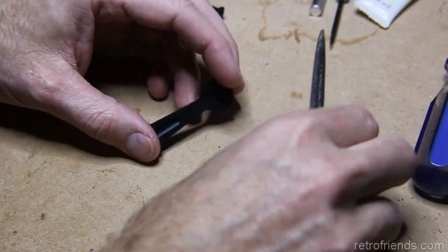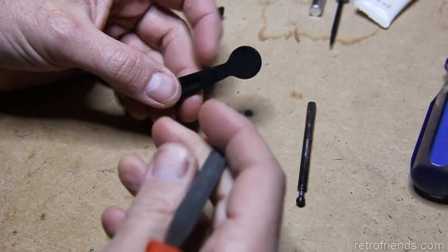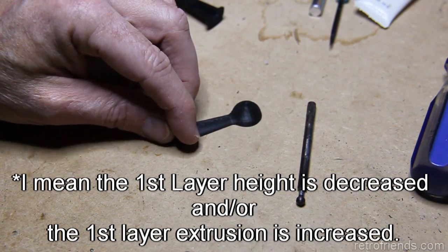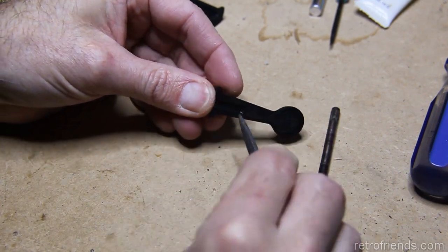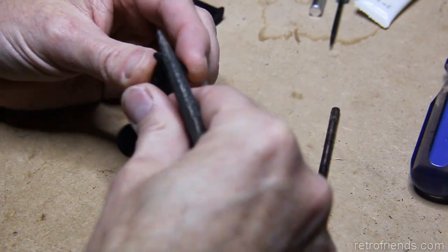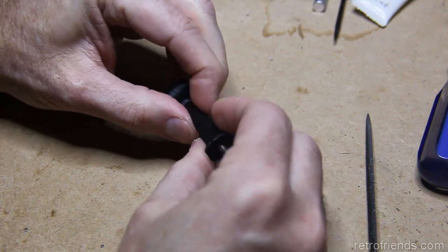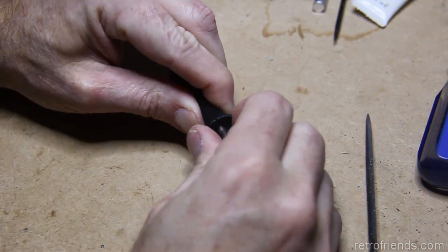One thing you need to do when you 3D print something is, in order for the part to adhere to the bed, the first layer height and or the first layer amount of extrusion is increased to create some sort of a lip. So I'm just going to scrape along that edge just to take that little bit of whatever off. Yeah, and now it sits down in there lower. Yeah, there we go. So that's pretty tight. I kind of wished it was a little tighter,